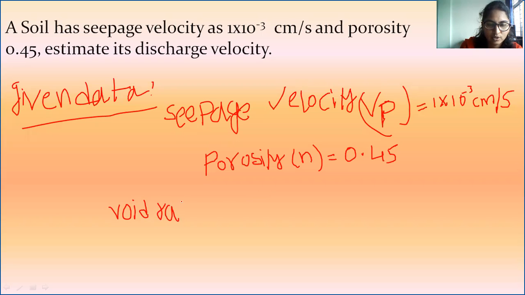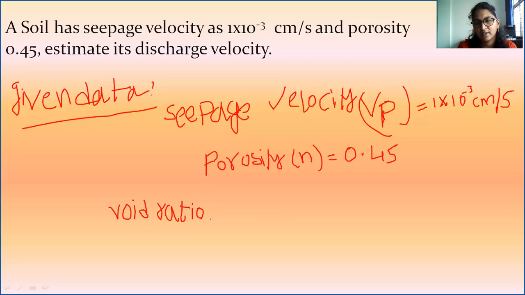In terms of porosity only we can use that formula. Why? Because other problems will also be there for determining void ratio e: G plus Sc by 1 plus e into gamma w, G minus 1 by 1 plus e into gamma w. Different types of formulas will be there for determining e value, but